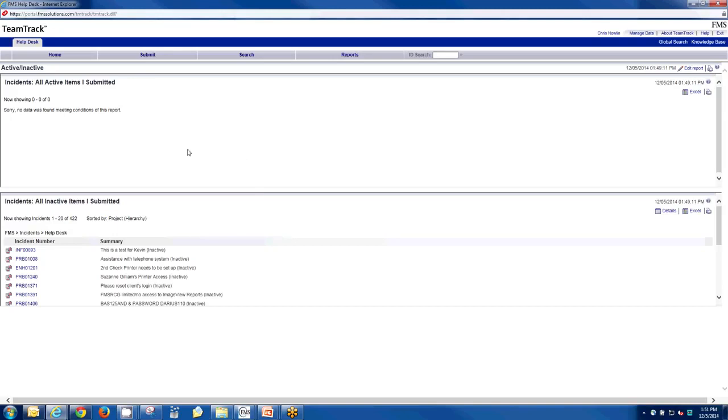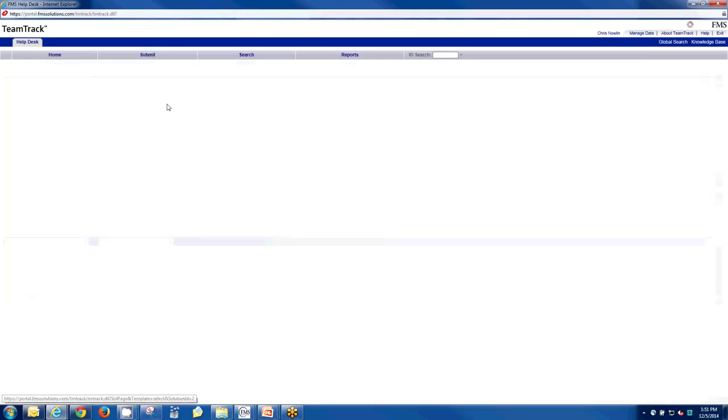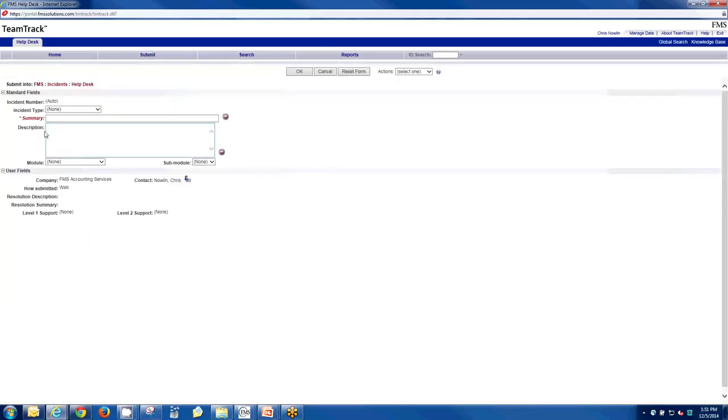The best way to submit one, though, is just hit Submit. It's going to open up this little template. The first thing you're going to do is choose incident type. We're going to say a task, but you have enhancement requests, so anytime you see something,